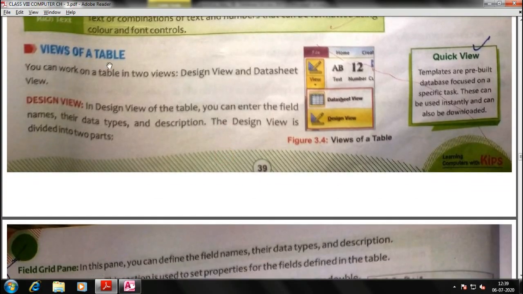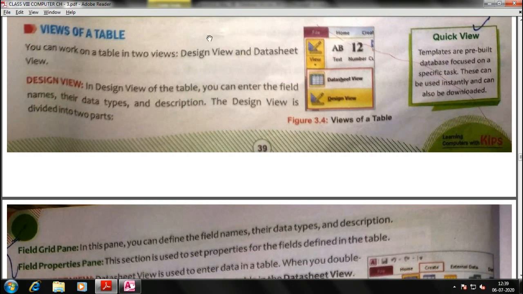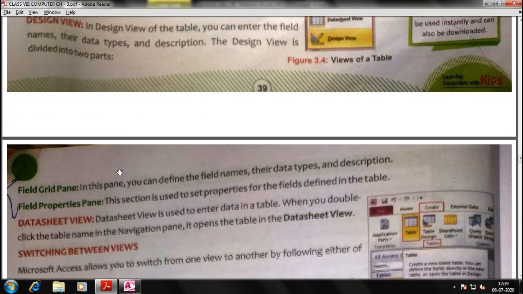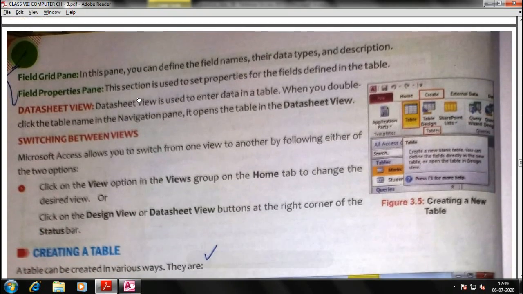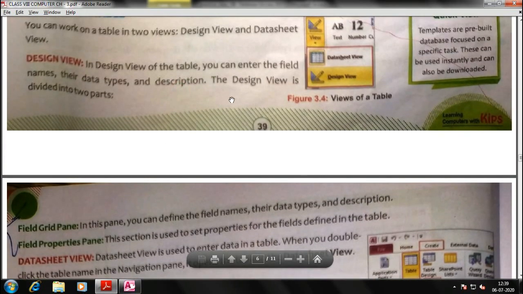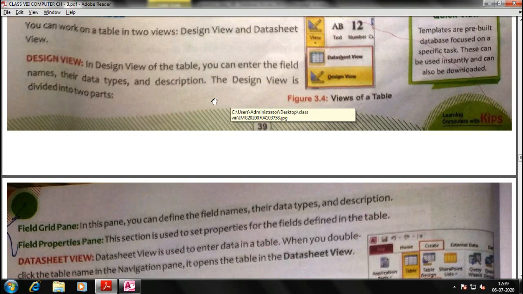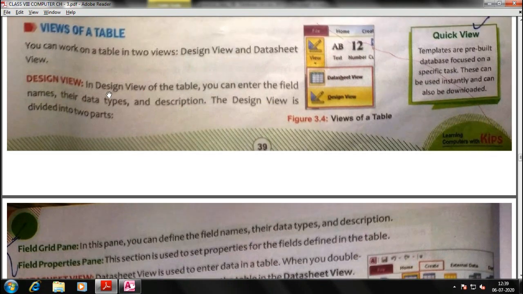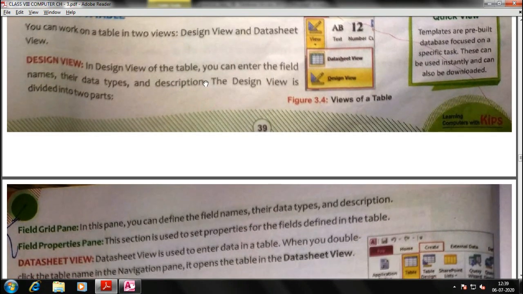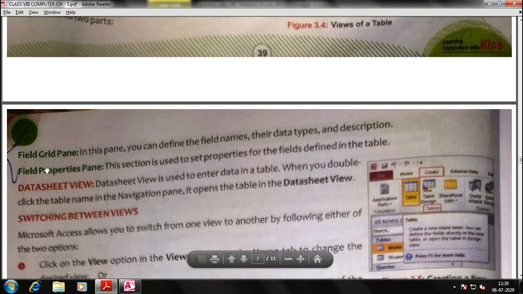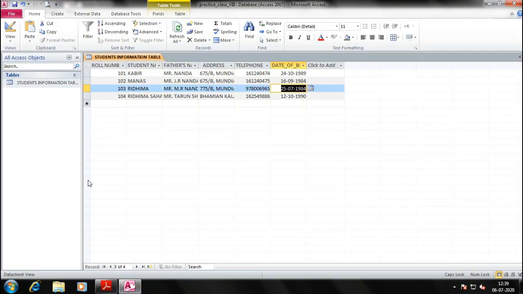Next is views of a table. I know it's a little blurry, but it's readable, right? Here they have given 2 views, but I'll be telling you there are a total of 4 views. First one is design view, which I told you, where we are actually designing our table, right? And under that we have 2, field grid pane and field properties pane. This is design view.